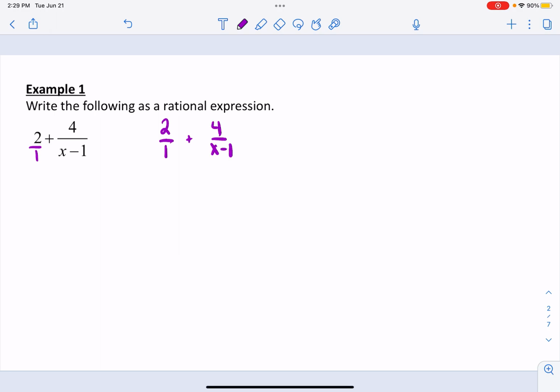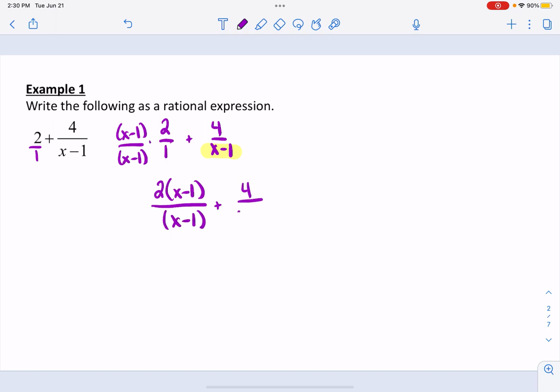What I need to do is combine those two terms. That's what we're doing. Okay? Well, this has an x minus 1 in the denominator. I need that x minus 1 in this denominator. So I multiply by that x minus 1. So I have 2 times x minus 1 over x minus 1 plus 4 over x minus 1. And so I have a 2x minus a 2 over x minus 1 plus a 4 over an x minus